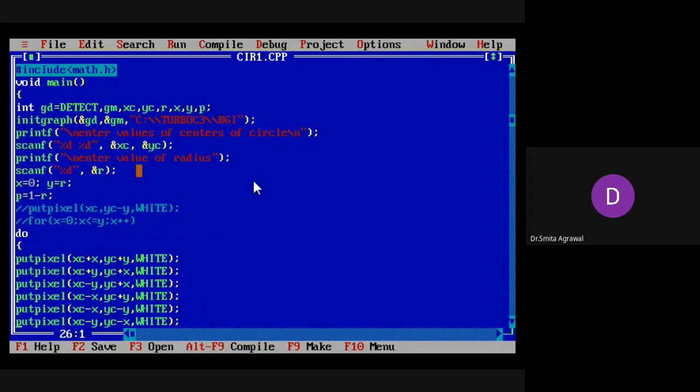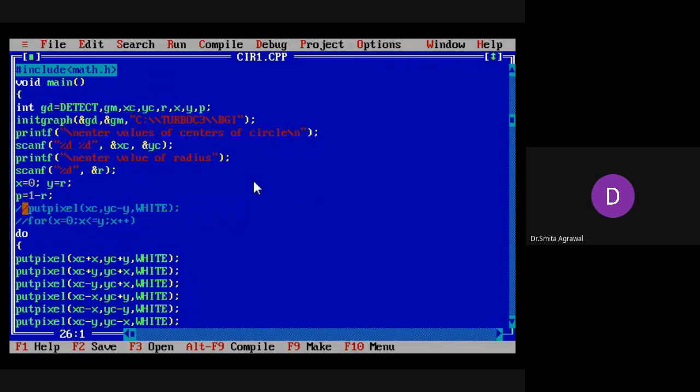Then in the next step, we will read the value of the radius of the circle, which is represented as r here, and store it in the variable r. Then we initialize the variable x equal to 0 and y equal to r, so y is equal to the radius. These are the initial parameters on the circumference of the circle.